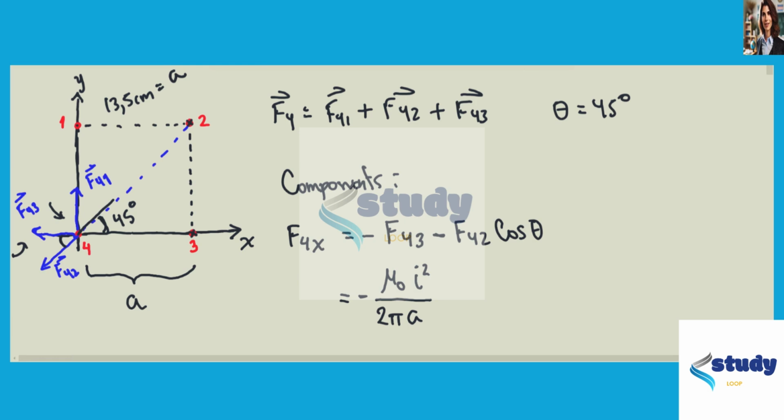That's why we put this in here, minus the other one, mu sub 0 I squared cosine of 45 degrees,